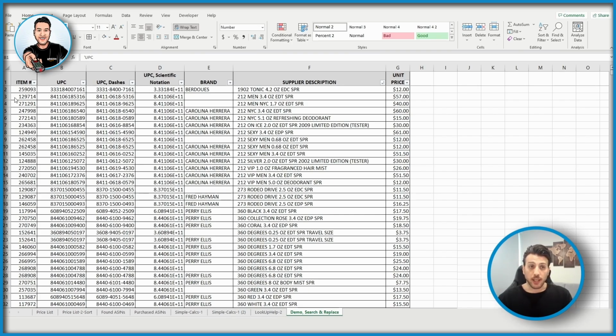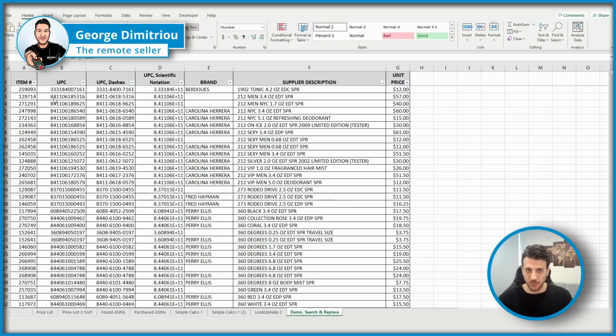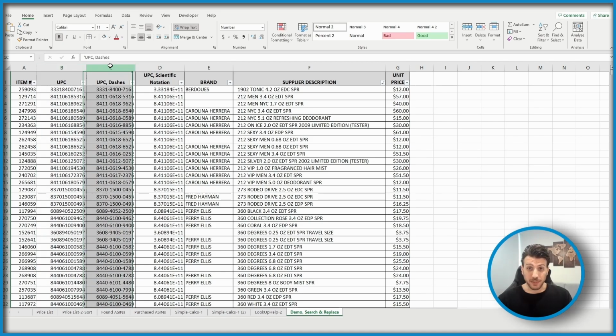When we receive price lists from our suppliers, sometimes the UPC is not formatted in a nice clean way like this. Sometimes they might have dash separators in between the numbers like this over here. And sometimes you might get scientific notation, basically numbers, dots, and then some weird numbers after that. So you want to fix both of these things when you get a price list from your supplier, because some